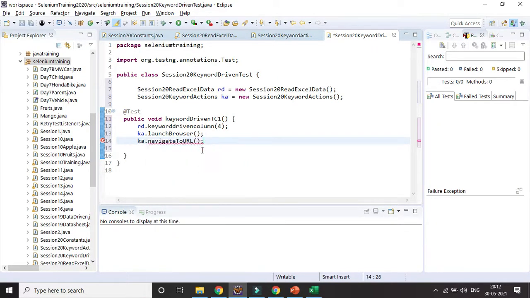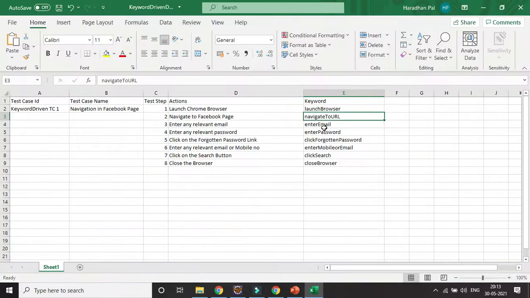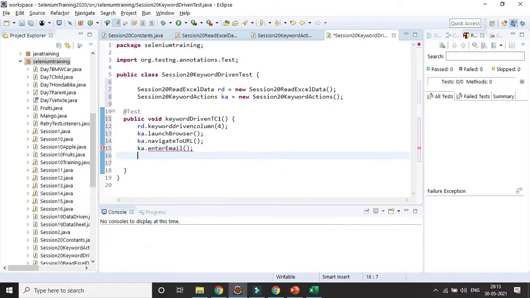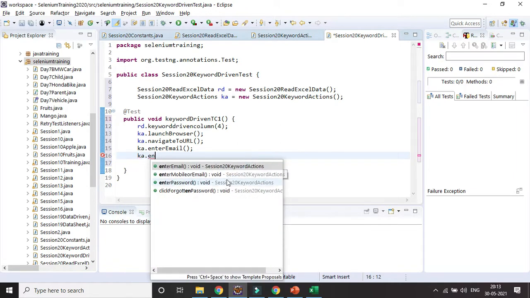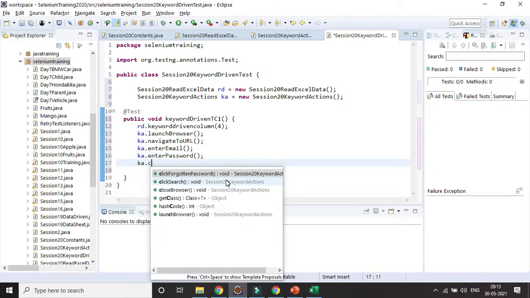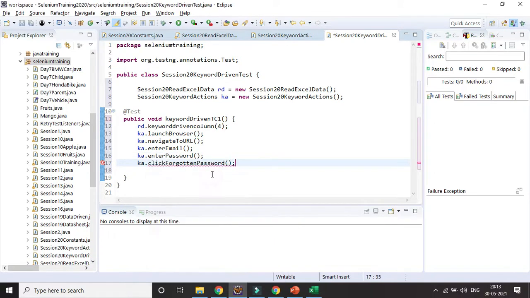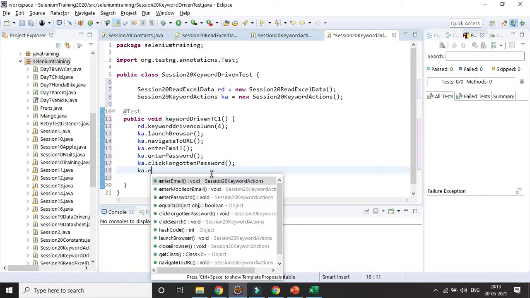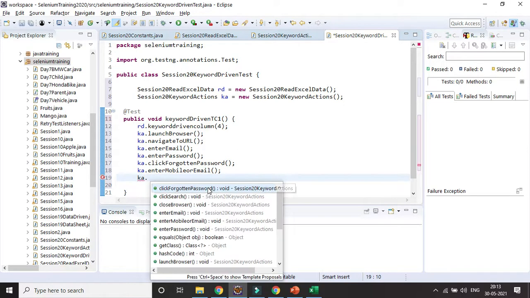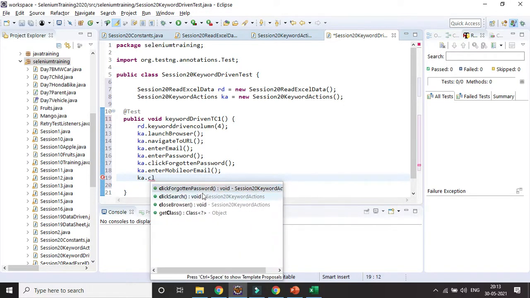Then k dot enter email, k dot enter password. Then k dot click on the forgotten password link, then k dot enter email or mobile number, then k dot click search button. So that is the line of code I have written.